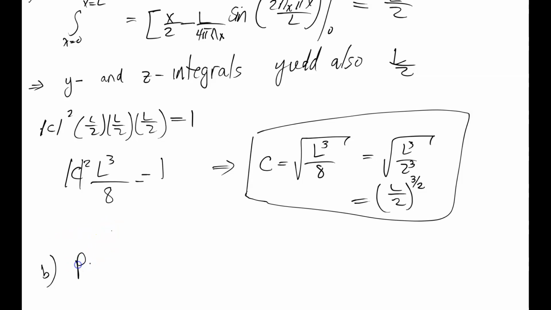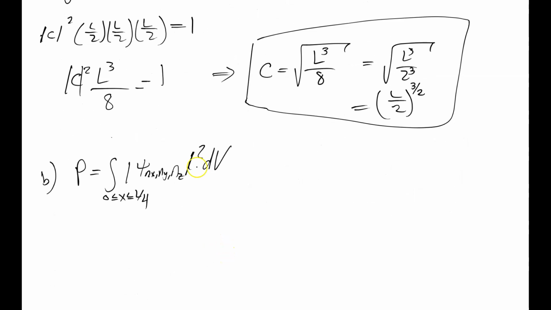So the probability is going to be the integral from x equals 0 to x equals L over 4 of psi of n_x n_y n_z squared dV, which is going to equal